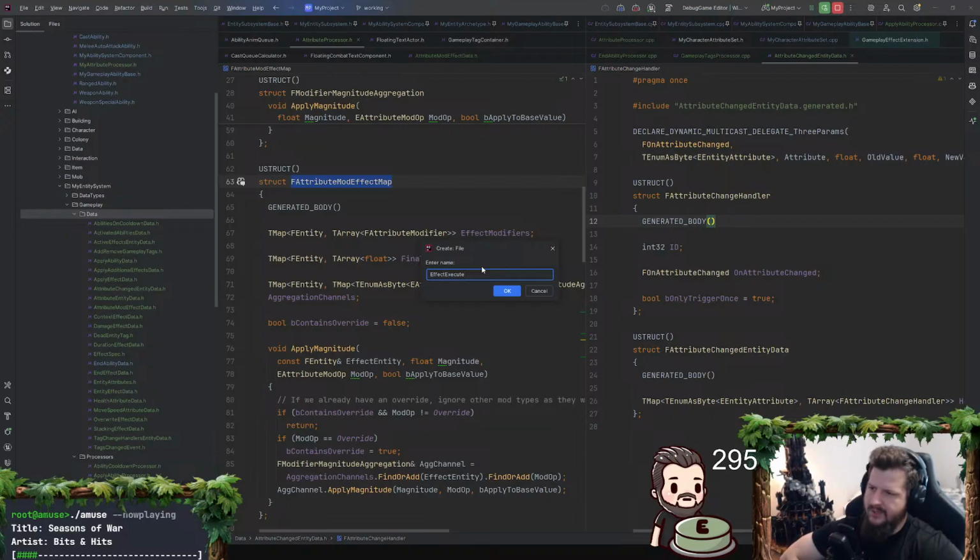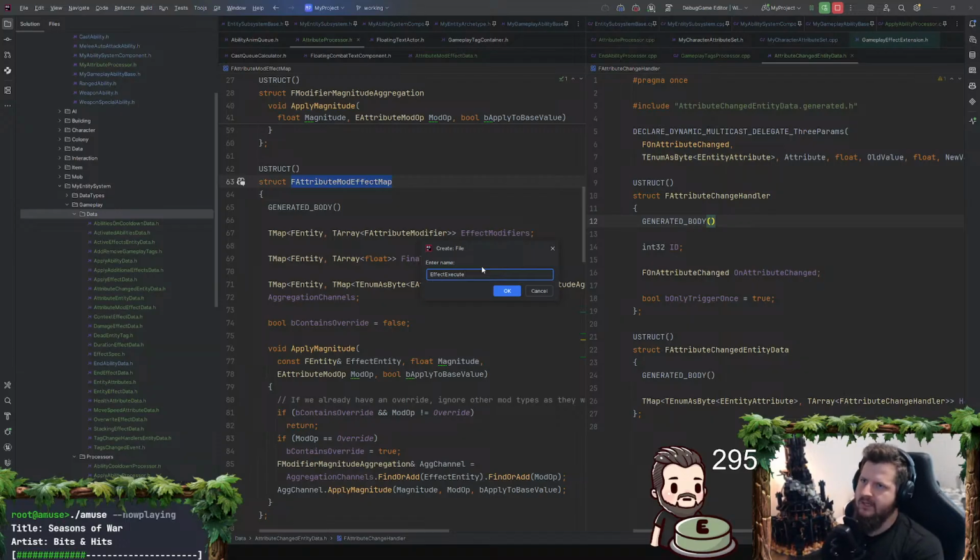Like it executes, but it just has a magnitude of 0 because it got overridden by something else. I don't know that I care about that at the moment. Let's just keep plowing ahead. We'll come back and refactor that when we need to, if I ever need that functionality.